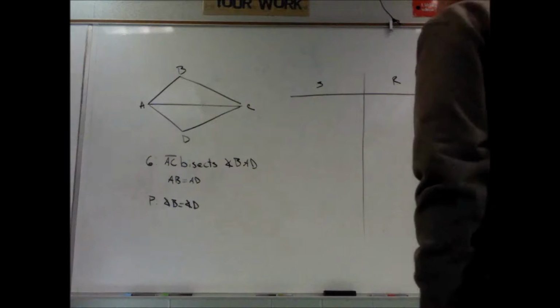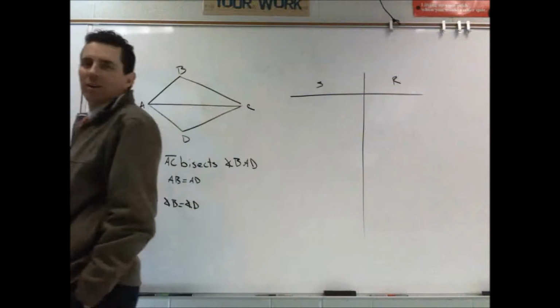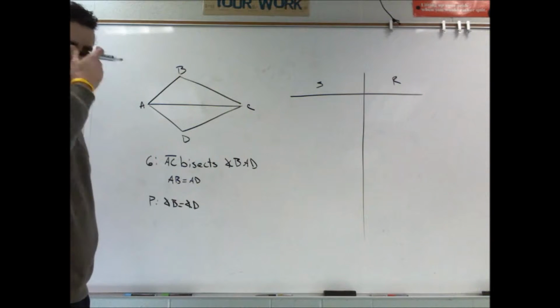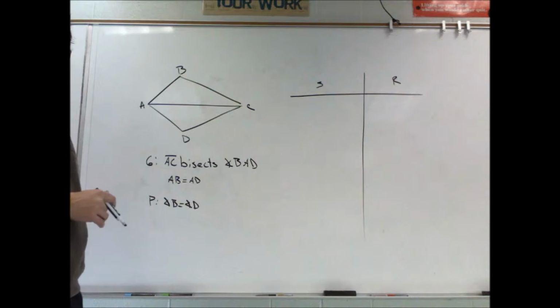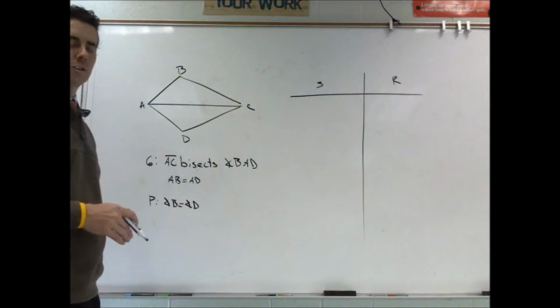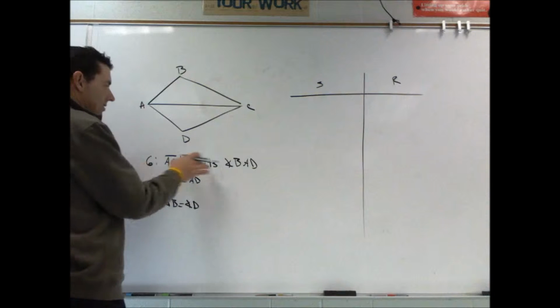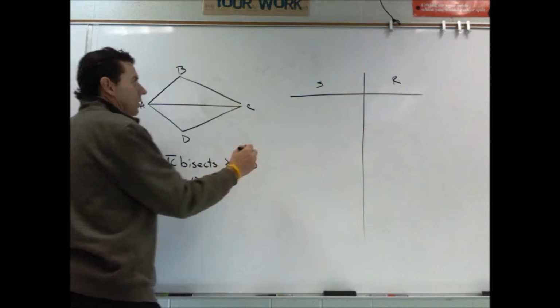So in all of these problems, you should always try and formulate where you're trying to go before you actually just start marking things off and using things that you know. Because if you're not headed in the right direction, it might steer you down the wrong path. So in this case, we look at AC bisects angle BAD. As we look at what's given,